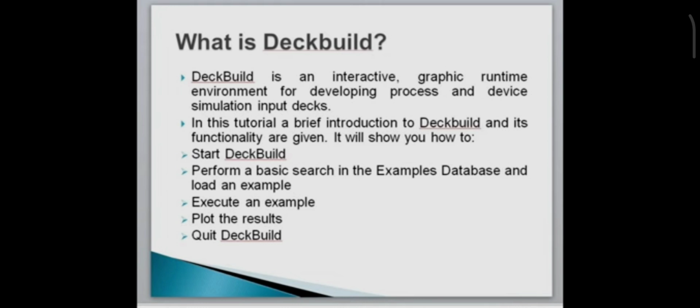Before Deckbuild, these tasks often required user involvement and were extremely time consuming. In the tutorial, a brief introduction to Deckbuild and its functionality is given. It will show you how to: